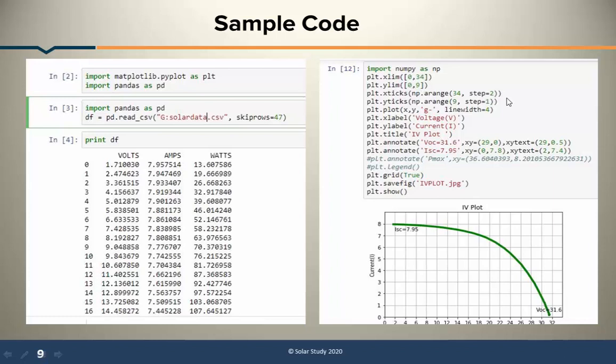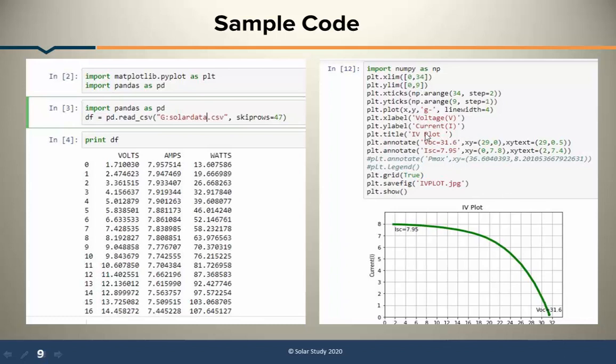Whatever steps I require, I just require two steps of increment on the x-axis. If I don't place that np.arange, it will randomly put ticks like 0, 1, 2, 3, 4. I don't want that. I want a two-step increment, so that's why I used np.arange. Similarly, for the y-axis I am adding np.arange with step 1. Then I want a bigger line, so I will use line width 4 and color green, not dashed, a single solid line.